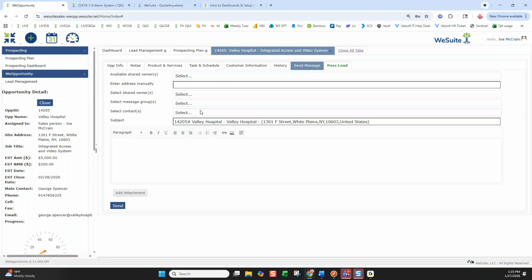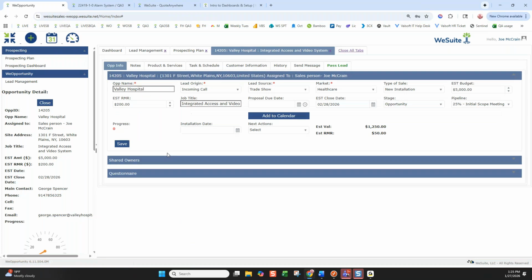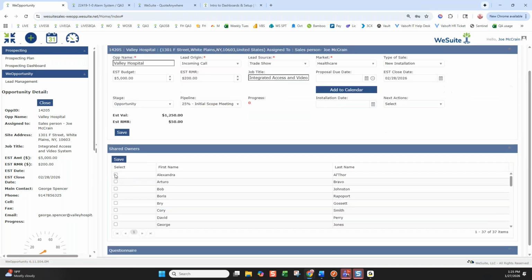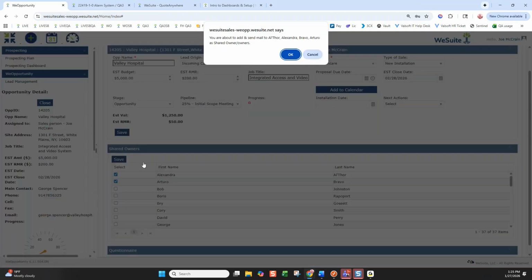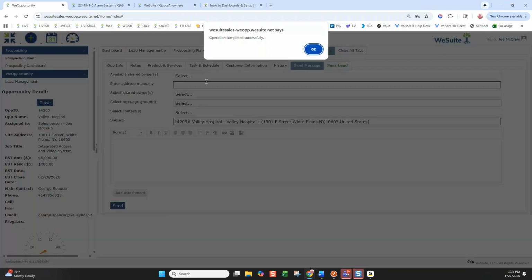And you can say, yep, send this to George, and, great to speak with you, George. We'll see you tomorrow. However, I do see a lot of people use this as a way to communicate things within the organization. So I can send a note to, I don't have any shared owners on this job, but had I said, I'm going to share this lead with my 2 engineers, Alex and Arturo, I could then in send message say to,